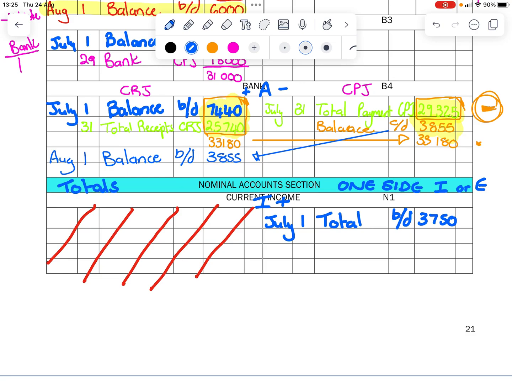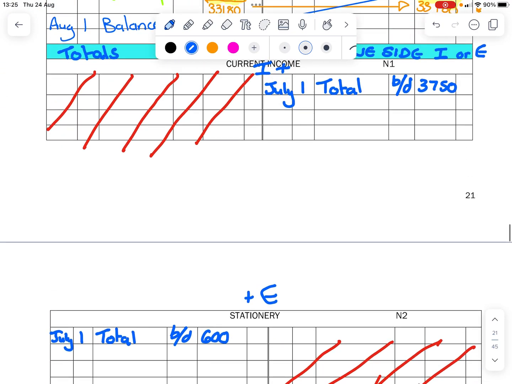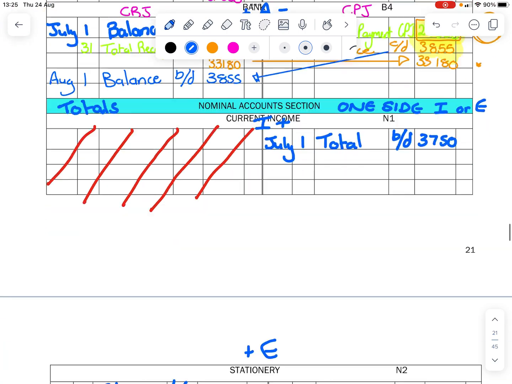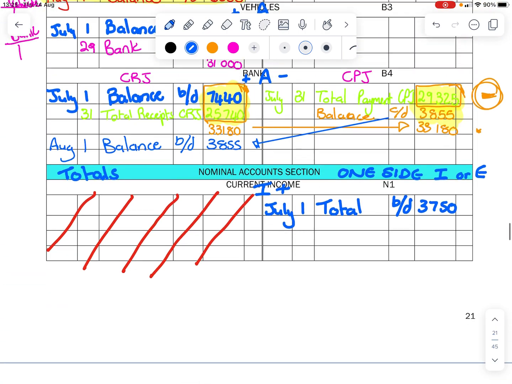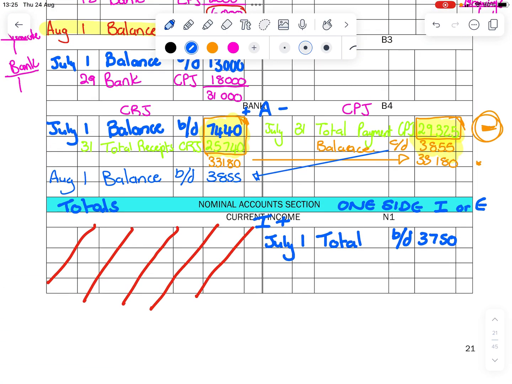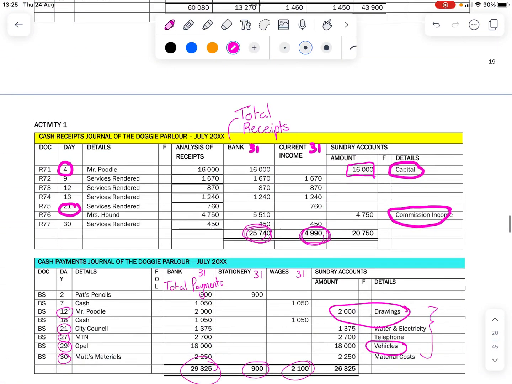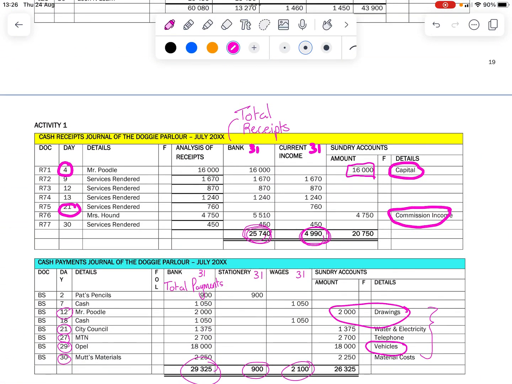Lastly, the nominal account section. I will be doing 3 of these accounts with you. Thereafter, you will need to complete the remainder for our homework. Now, when we look at current income, it is money into the business, so we need to go to our CRJ for that information. If we look in the CRJ, current income has its own column,